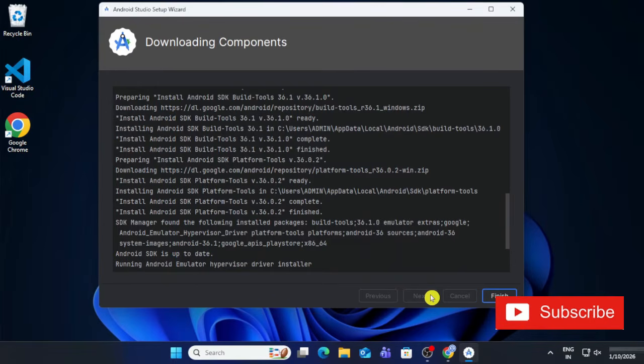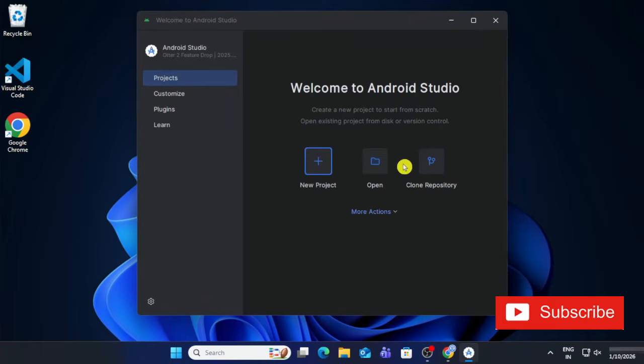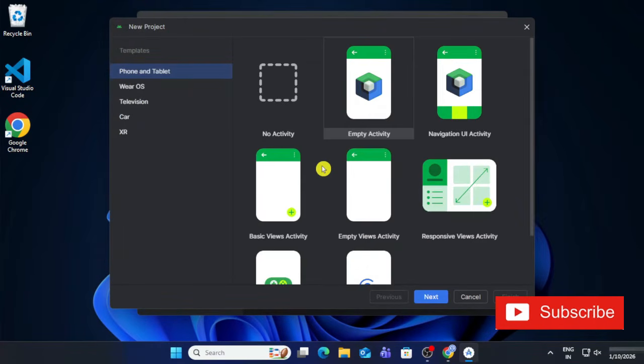So guys, now this is done. Now my installation of Android virtual devices is done. Here it's showing me this information. I need to just click on this finish button. Okay, so guys, after this it is showing me this studio. Welcome to Android Studio, and here we have options for projects, plugins. So I'm going to take the option projects and here I'm going to click on new project because I want to create a new project.